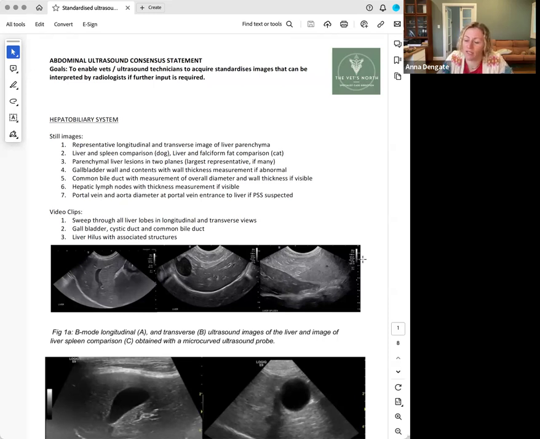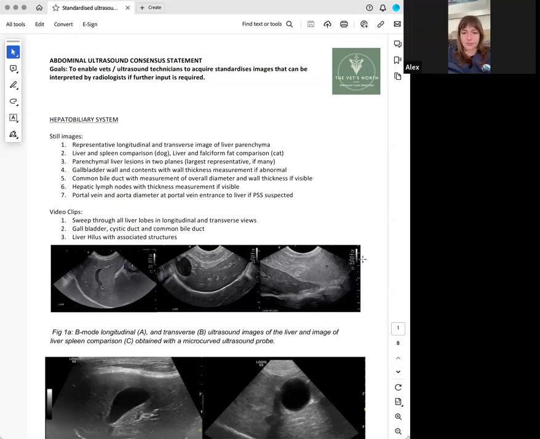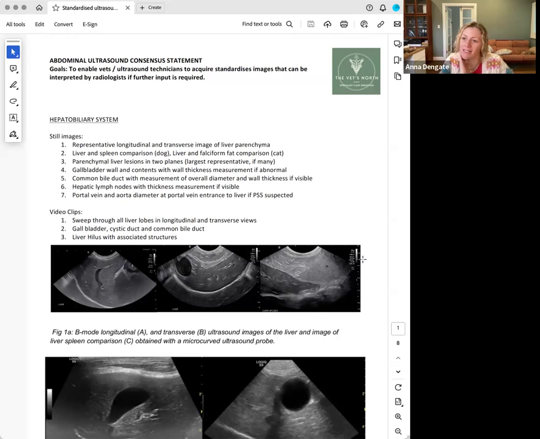So they're the sort of things that I want you to think about when you've got the probe on the liver. So size, echogenicity, echotexture, vasculature. What other situation are we particularly interested in the vasculature in the liver? Systemic shunts. Yeah. So typically these are younger dogs, but gosh, sometimes we've had some curly ones that have come